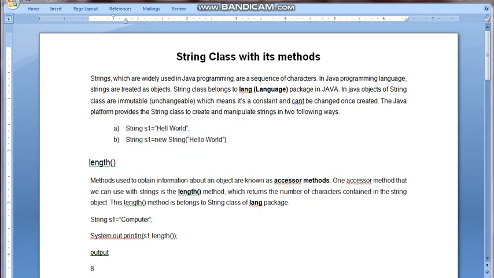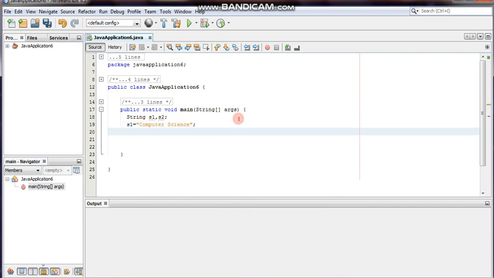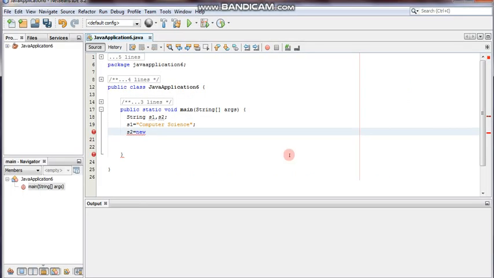Here I am doing s1 equal to, suppose, "computer science", so I initialize an object. In the second case, s2 equal to, the new keyword we have to use, as in the second example you see the new keyword has been used, new String. Then suppose I give a different statement here, let's give "Java program".